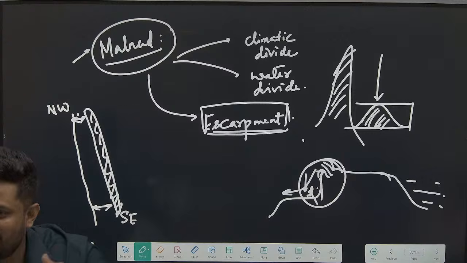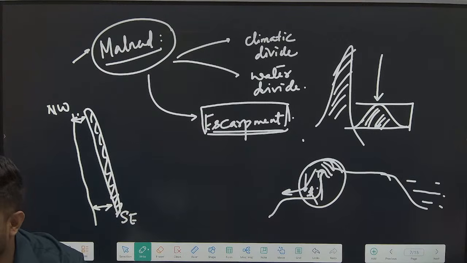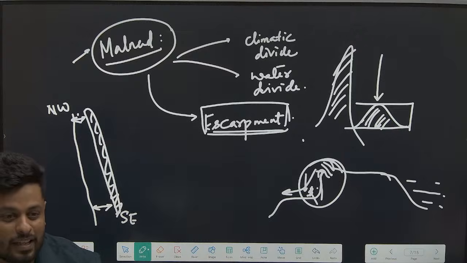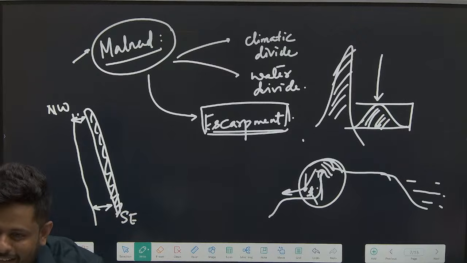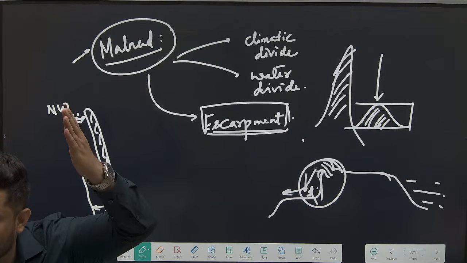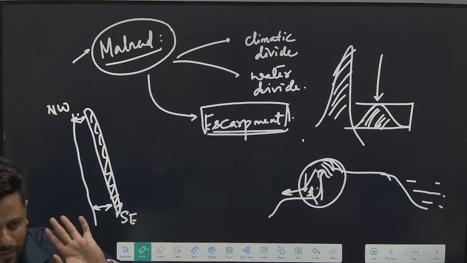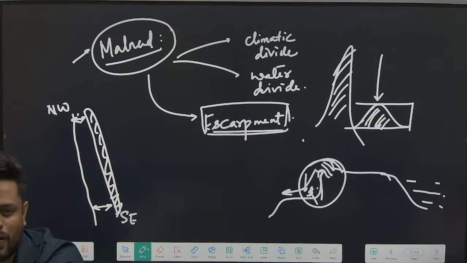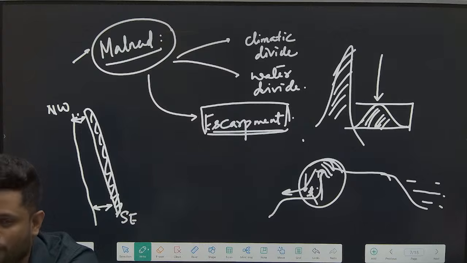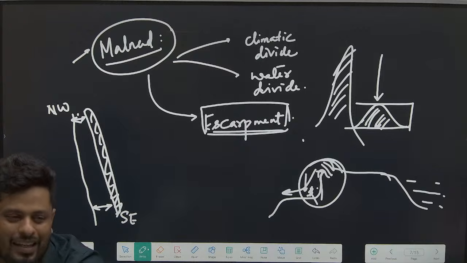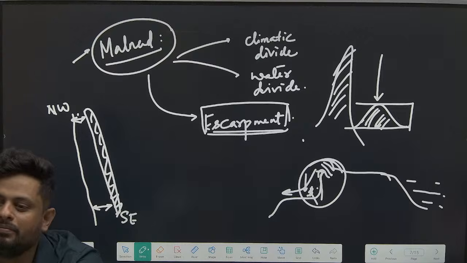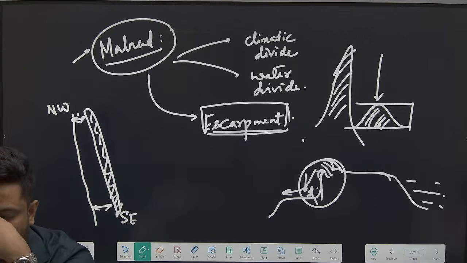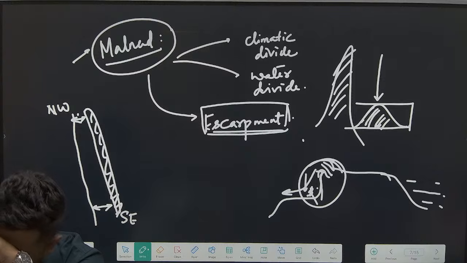Correct? From top to bottom, you will experience an increase in temperature, correct madam? Is wind any different than you here? If it is ascending, what will happen? Temperature will decrease, dew point temperature will be reached. If it is descending, what will happen? Temperature will increase, dew point temperature will not be reached. As a result of which, rainfall decreases or increases? That's the case. Okay? Are you understanding this concept? So this is how we are going to arrive at the rainfall regions of Karnataka.